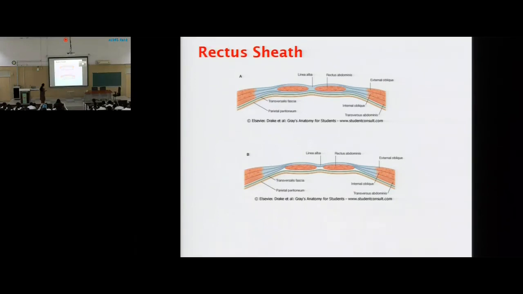Okay, we leave this. And then in between the costal margin and the line joining the two anterior superior iliac spines, what happened? The internal oblique aponeurosis splits into two. Here there is a little more confusion. Wait, let me go to this.